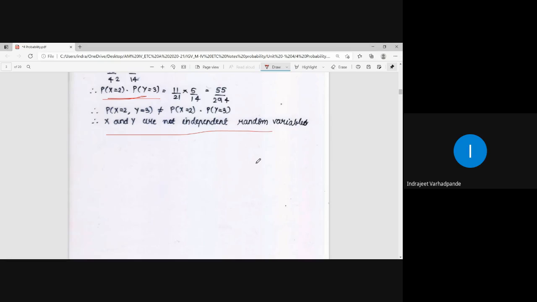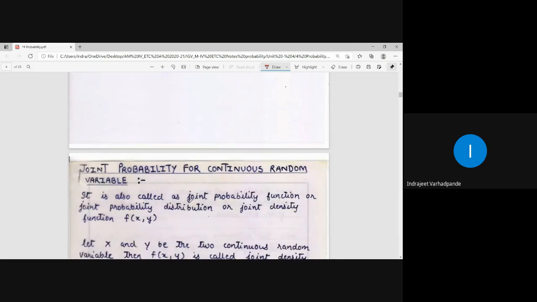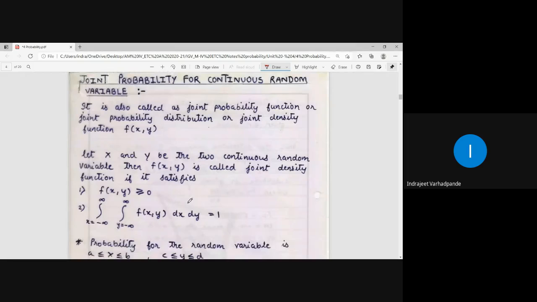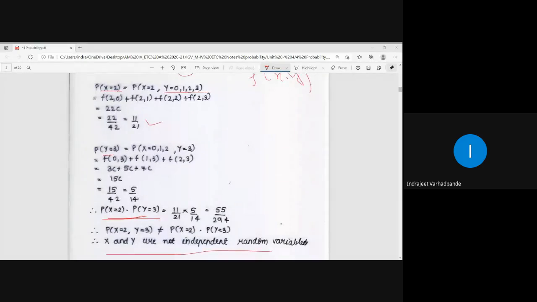In the previous example, we got the combination in the generalized form, and hence we were in a position to write down that yes, x and y are independent random variables. So this is also one of the examples where we can say that x and y are not independent random variables. So that was the example related to the joint distribution or joint probability function for discrete random variables. The other example which shows